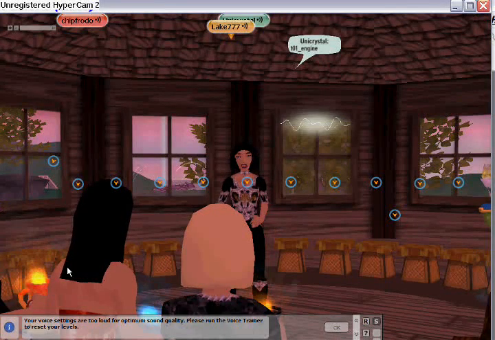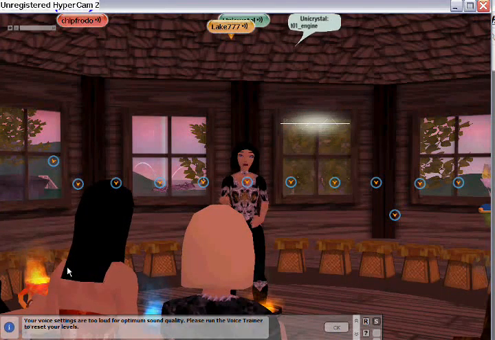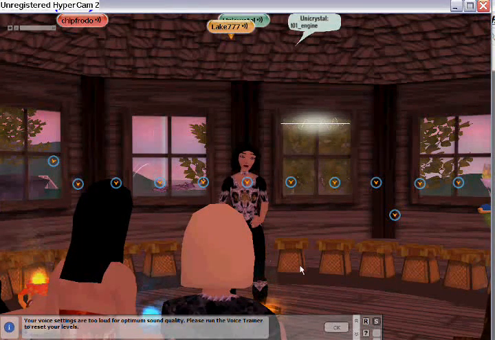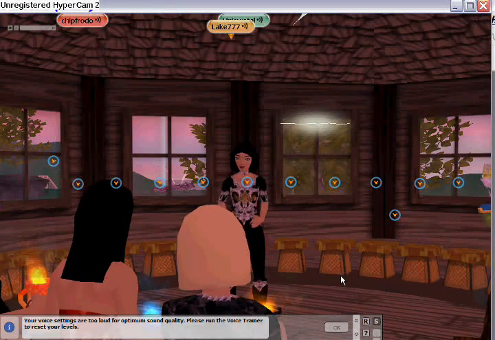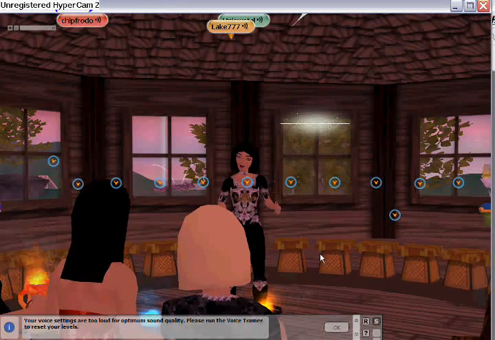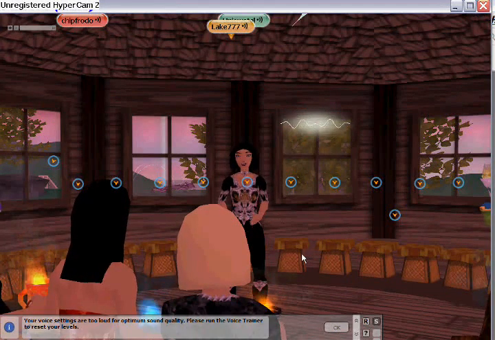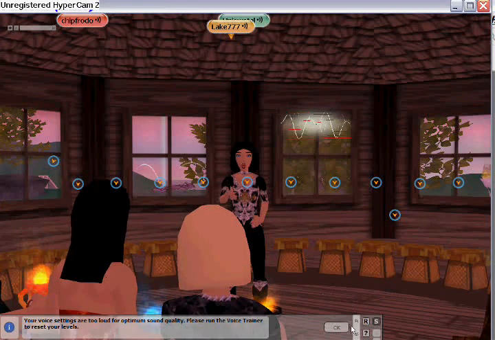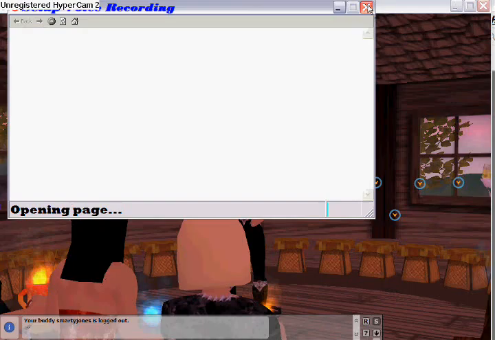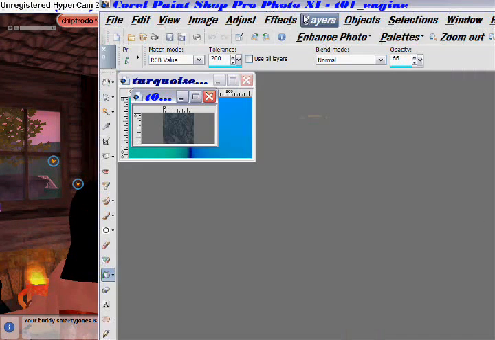What I'm going to do is add an effect to this section here, and I'm going to colorize it so that you can actually see it. Okay? So give me 1 second, and the way you add the effect is through your effects. In Corel, you're going to go to Effects. You're going to go to